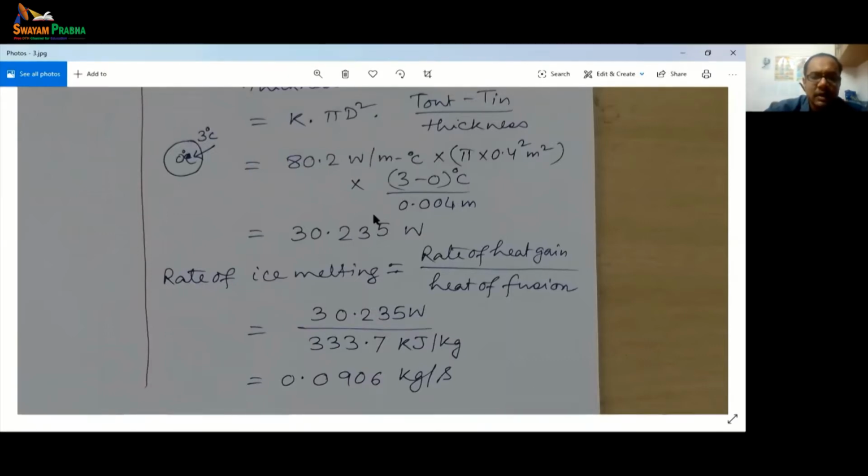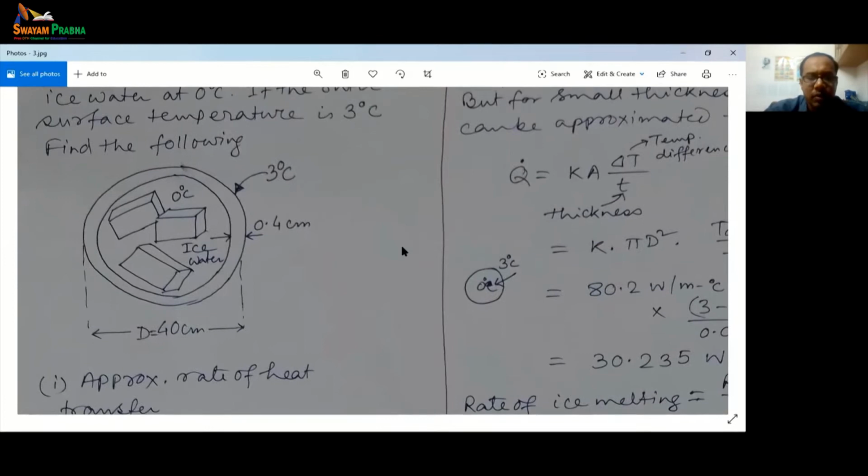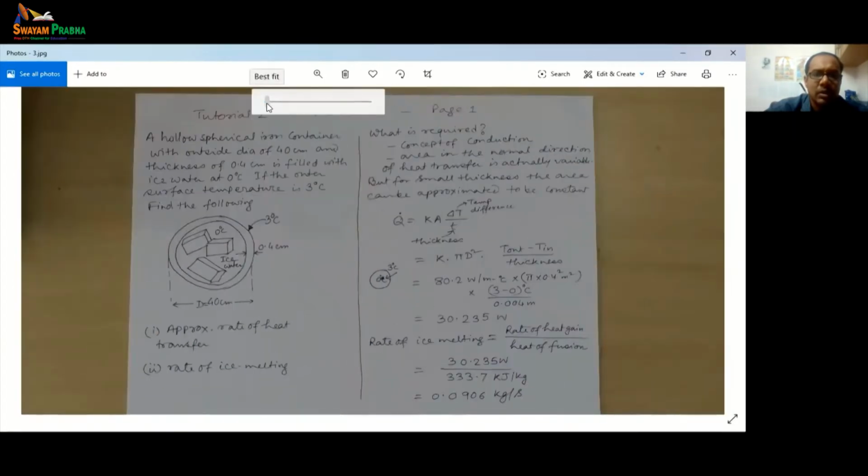So here what we learn is the basic concept of heat transfer, and that's one of the major forms of energy transfer that we talk about in the first law of thermodynamics, right? Heat and work. So this is a case where we looked at the steady state approximate heat transfer equation, and we solved for the rate of ice melting. So that gives you the first problem, where we talked only about heat transfer.